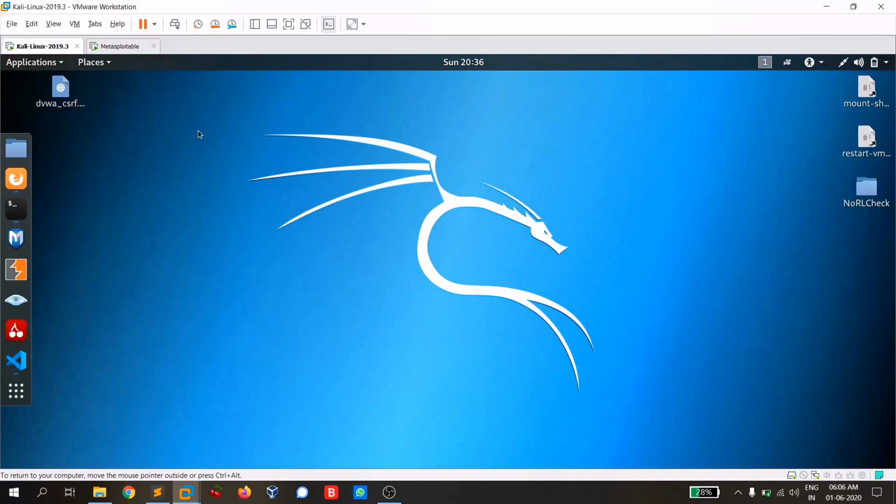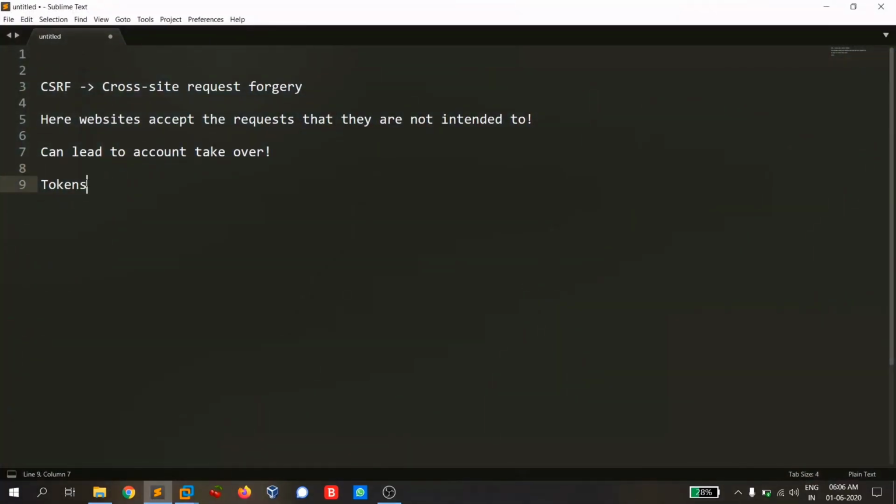How can you prevent CSRF in websites? What you need to do is maintain tokens, and the token should be random and specific to a particular user, so that even though I copy this and send it, since the token ID is different, it doesn't get executed and the server rejects it. So by using these tokens, like JWT tokens, etc., you can prevent the CSRF vulnerability on your websites.